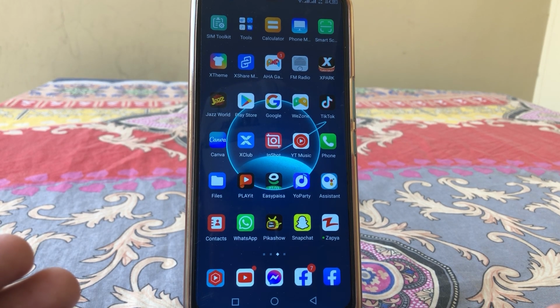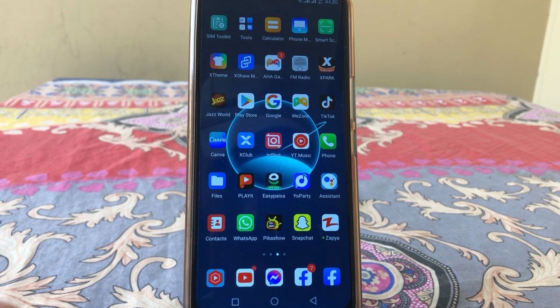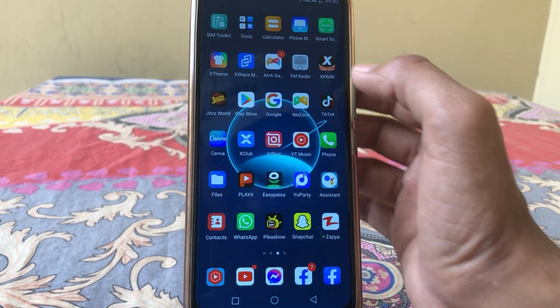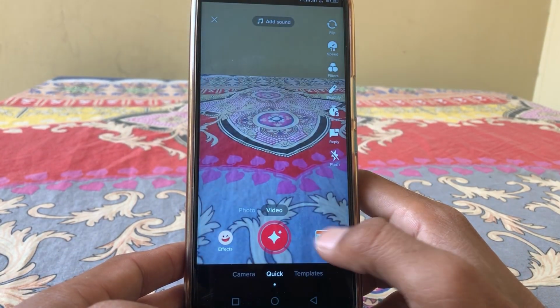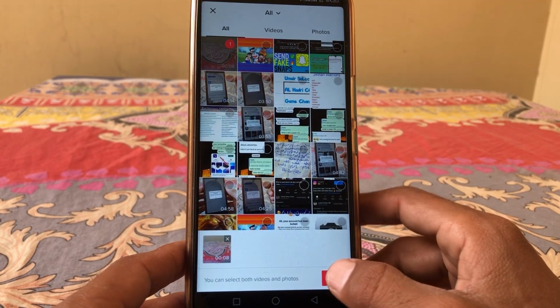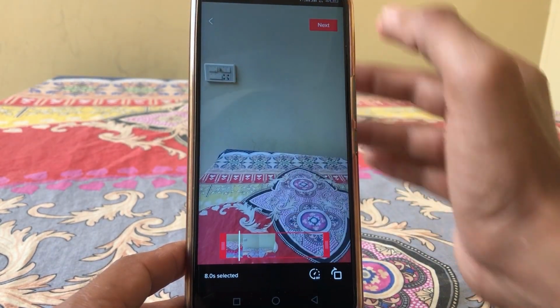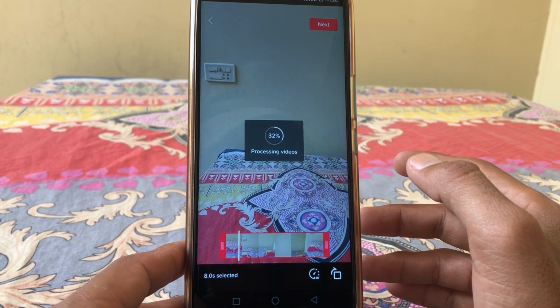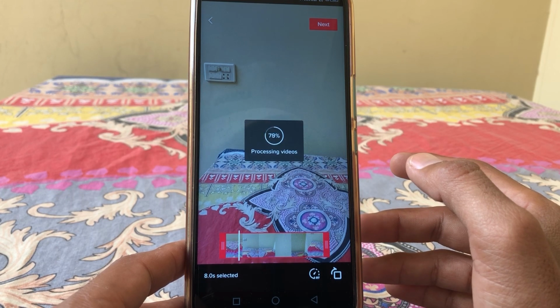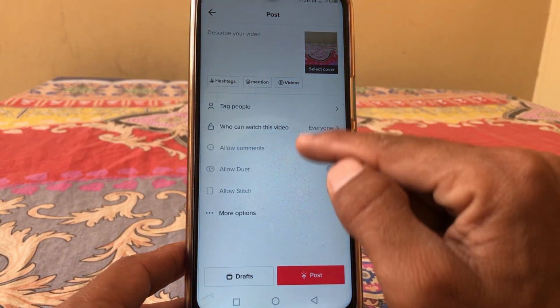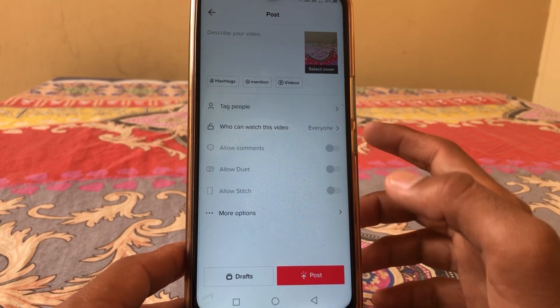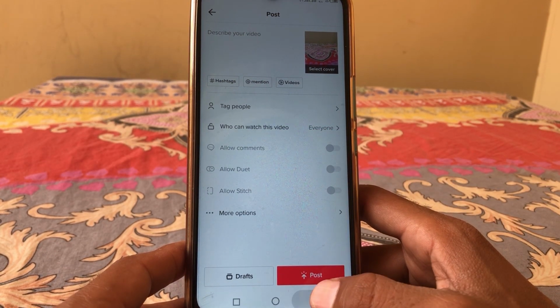So guys, in this video I'm going to be showing you how to fix settings restricted by TikTok to protect your privacy. So guys, let's get started without wasting any time. Let me show you here on TikTok when I'm trying to send a video from a gallery on TikTok. So guys, you'll see here there are instructions. So to fix this, what you have to do is just simply